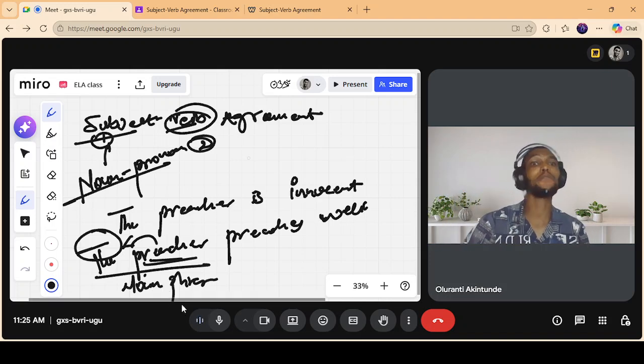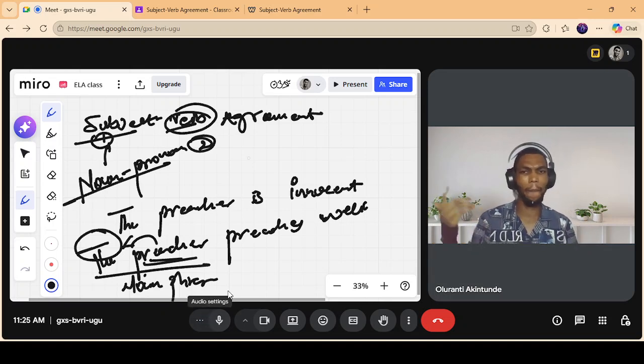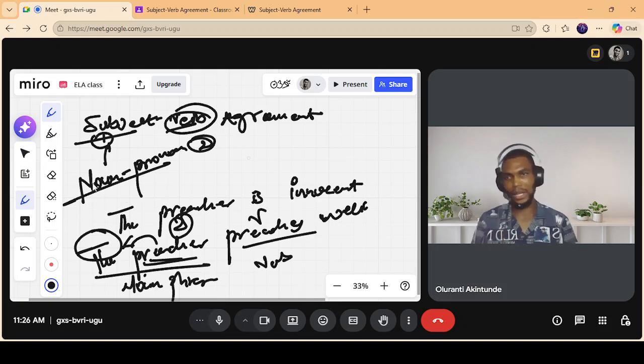He is the one performing the action. Now, you would ask me, what's the action in this sentence? Preaches. It shows an action. It's just like saying, oh, the teacher teaches well. Right now I'm teaching, which means I'm performing an action. So the preacher preaching is also performing an action, yeah? So thus preaches would be the what? The verb, right? So this is the subject, this is the verb. Alright, now that is broken down.